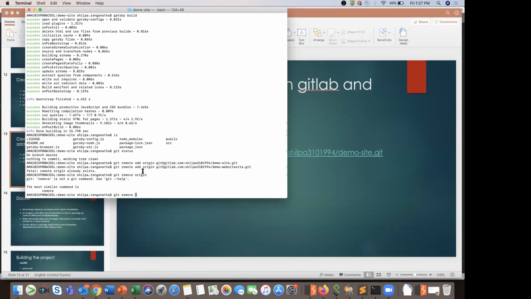It's not website site, it's rather website.git. Even that hasn't got added because my origin has already been set to demo site. See, it says origin already exists. Okay, how do we remove this? I think it's remove.